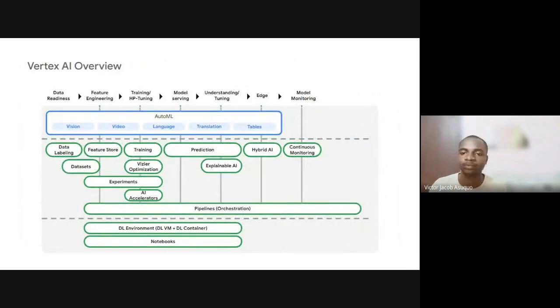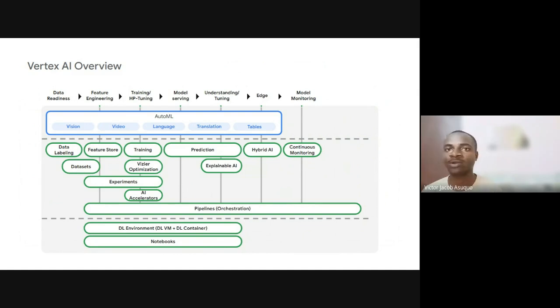So, Vertex AI overview. We have data readiness, feature engineering, training, model saving, understanding and tuning, and model monitoring. You have to check this out for yourself. This is super interesting. Data labeling, datasets, feature store, training optimization, experiments, AI accelerator. That is what pipelines and orchestration do.